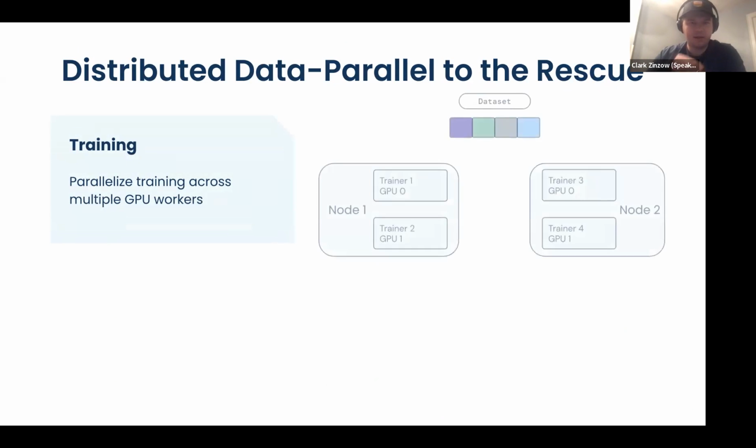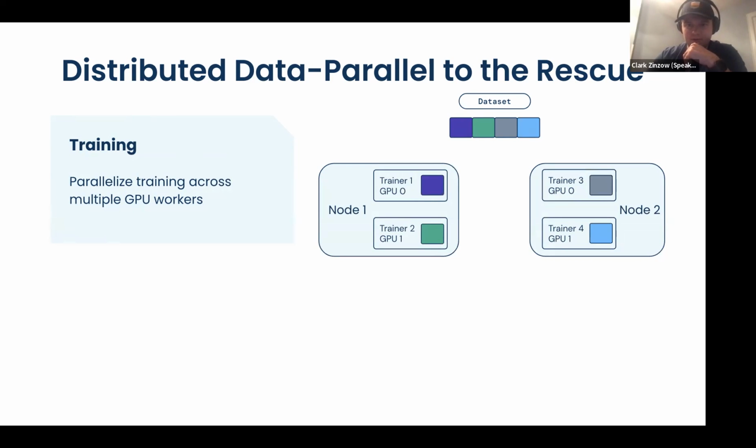Maybe with horizontal scaling. This is where distributed data parallel compute can really help us. For machine learning training, this looks like parallelizing training across multiple GPU workers, also called distributed data parallel training. Here's a quick overview of how this generally works. Let's say you have a dataset consisting of 4 shards. You give a shard to each of the trainers. You might have 1 trainer per node, or a couple of trainers per node. Usually you have a trainer per accelerator on each node. Here we've got 2 GPUs on each node, so we have a total of 4 data shards over 2 nodes, over a total of 4 GPUs.